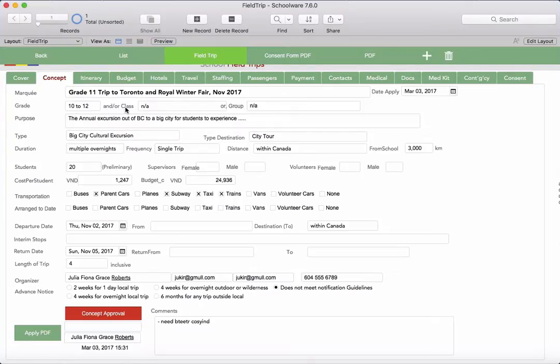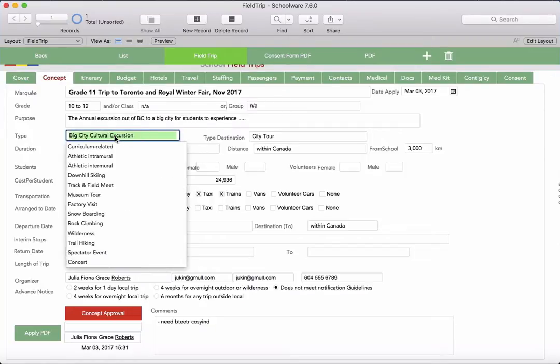self-dated, the grades, or sometimes classes, or sometimes groups. Maybe it's the chess club or the photography group that's going on a field trip to Algonquin Park, whatever. So the purpose of the trip is so we can put some explanation as to why we're doing this trip. And the type comes from a choice of various types, and of course you can edit that and add to